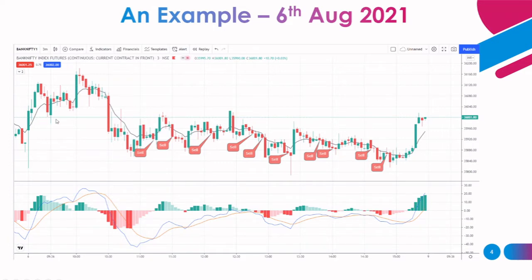And this is also more than 90, so we avoid here. This is also more than 100, so we avoid here. This is one setup here, but price did not go above the high, so this setup didn't work. Now there is no other setup. This is a very big candle. Anyway, MACD is above 0, so we need to look only for buy setups, and we are avoiding all of this.